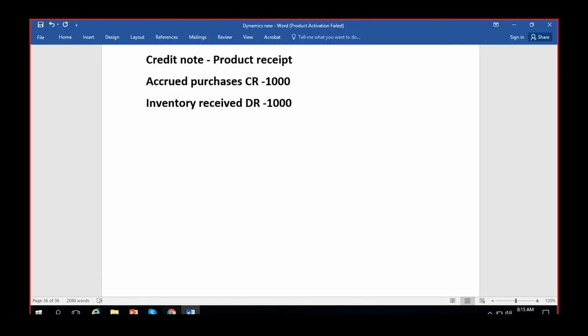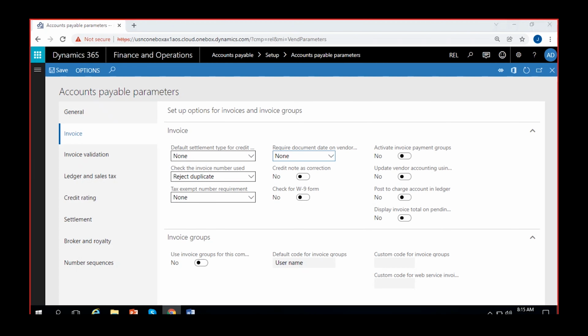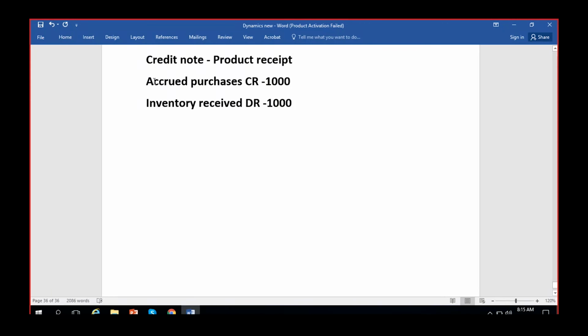But if you use credit note as the correction option here, the entry will be posted like this. It will post the same kind of entry like an invoice, I mean, like a normal purchase order product receipt, for the credit note also, but with a negative number, minus 1000 and minus 1000 here. So debit and credit will be the same, it will not alter, but entirely the numbers will be in minus figures,